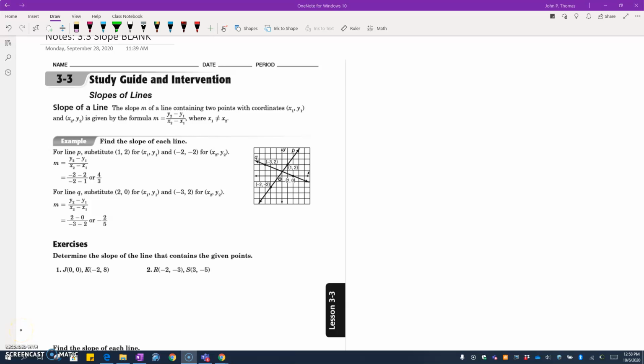All right, so we're going to jump into section 3.3. This section is really a review of a topic you spent quite a bit of time with in Algebra 1, and that is the slope formula. All right, so just as a quick review off to the side here, when we look at a slope formula,